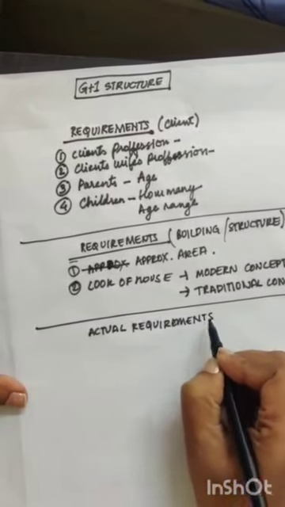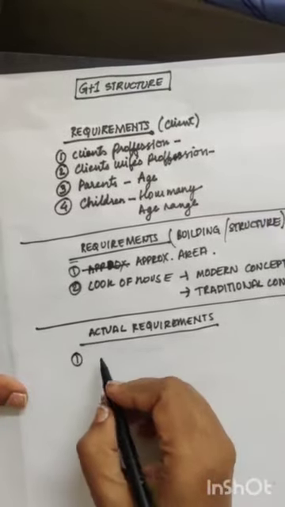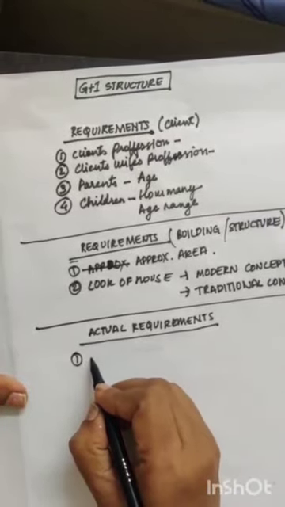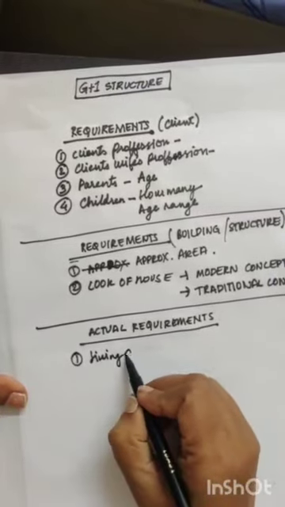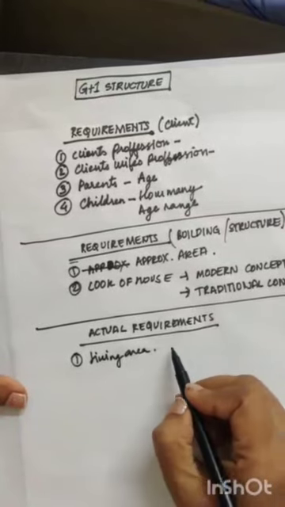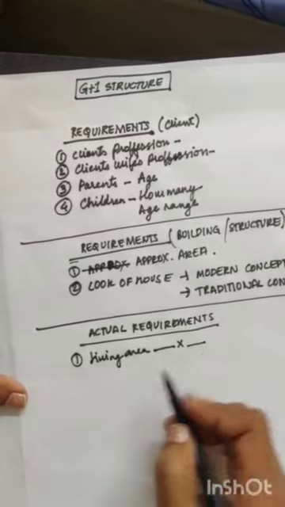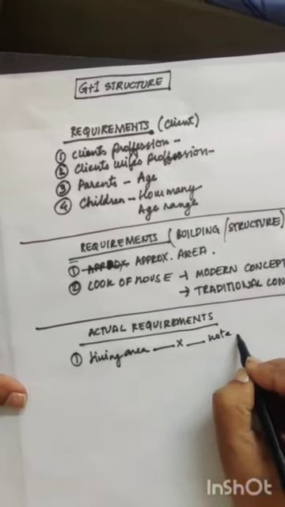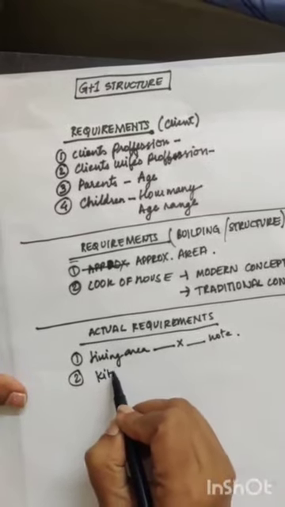Now, what really comes under actual requirement, specifically the very first one, is the living area. Many of the clients do specify what size they want the living, so kindly note about that. Second is kitchen